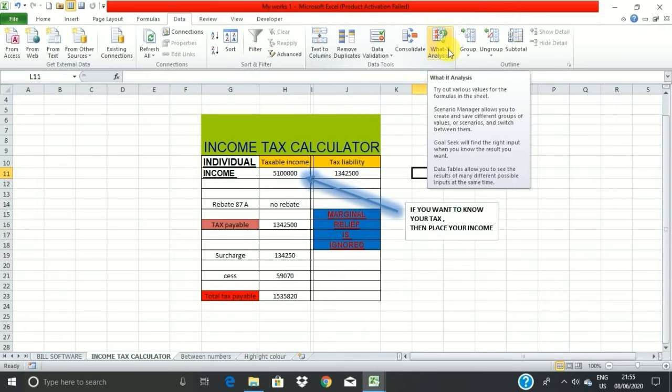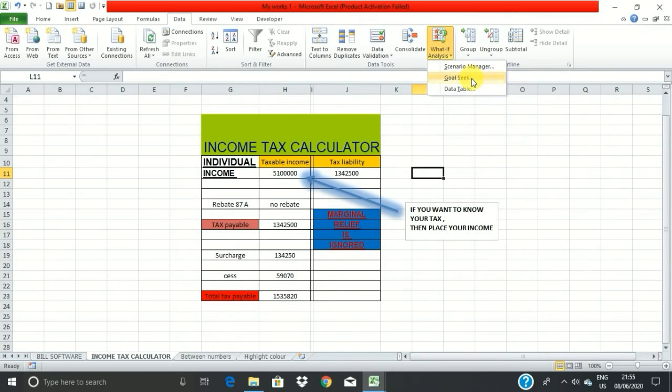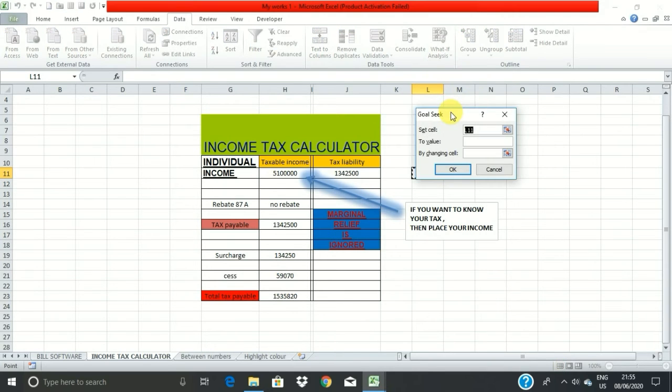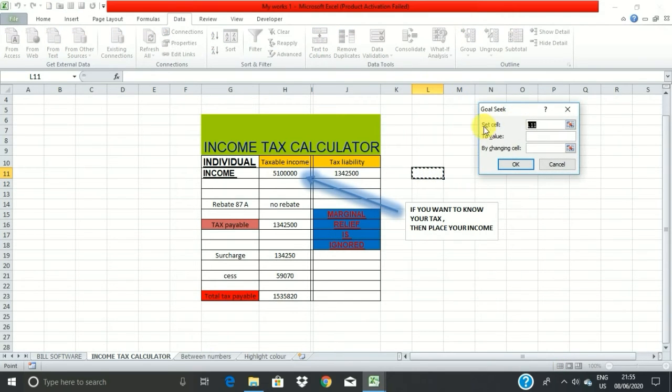In this What-If Analysis, we need to click here, and as you can see the second option is Goal Seek. We need to click here, and the first option they are asking for is Set cell.